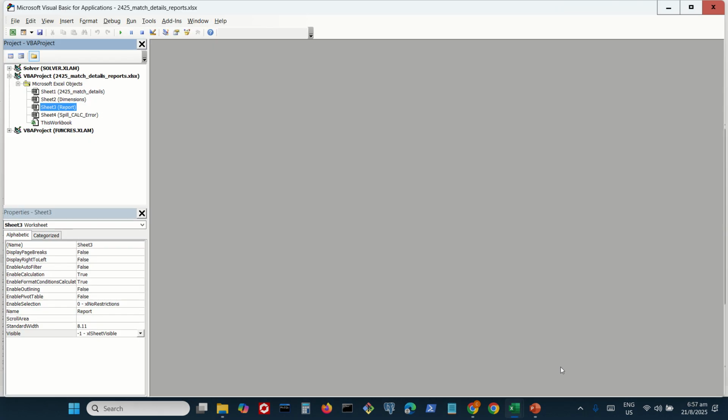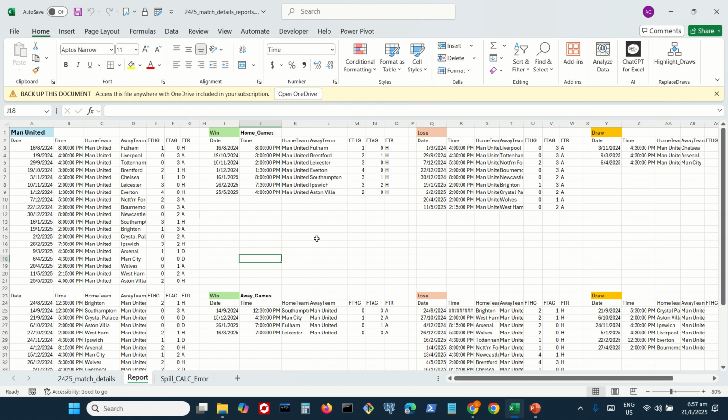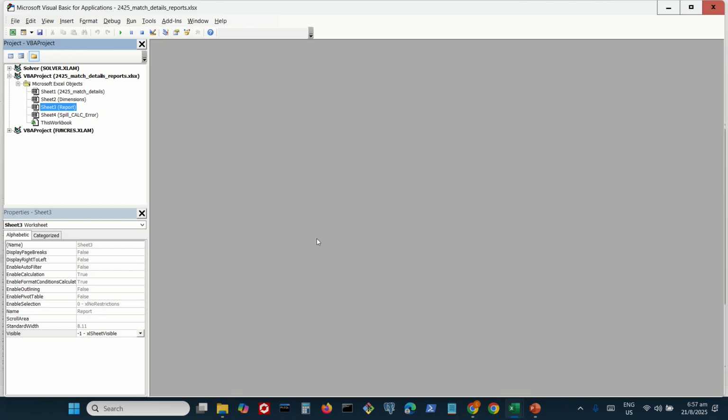So guys, this is a very cool trick to hide your sheets. But you have to remember how to come into here by pressing the Alt F11 key. So if I close here, and press Alt F11, they can come here, they can change this setting here, very hidden,